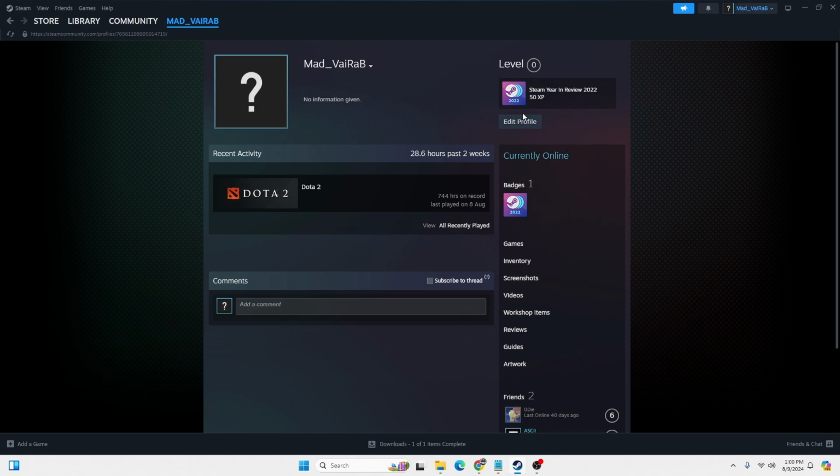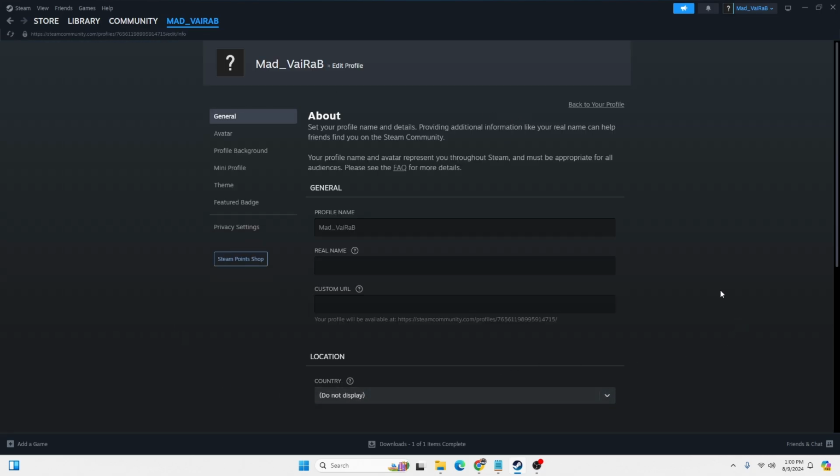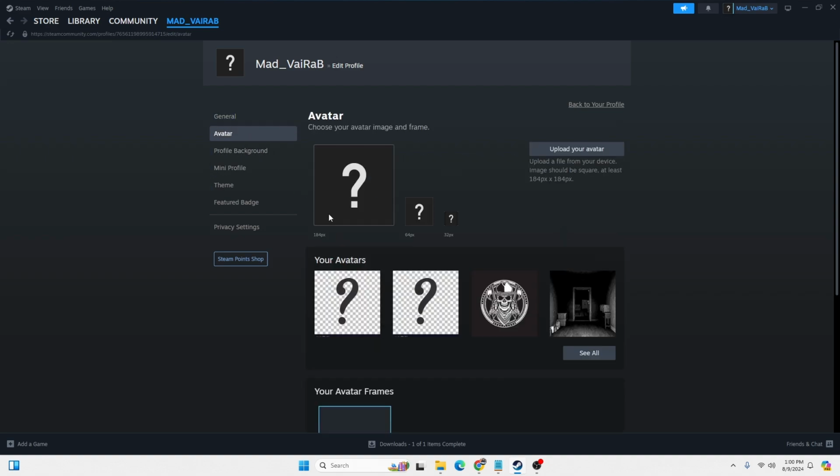And over here you can see here's the button, it says edit profile. You will be required to click on the edit profile button over here and we'll land on this interface. Now in order to proceed to put a profile picture on Steam, you can see the avatar option is available for us over here just below the general at the left side. Click on that avatar button and you will be over here where you will be able to choose your profile